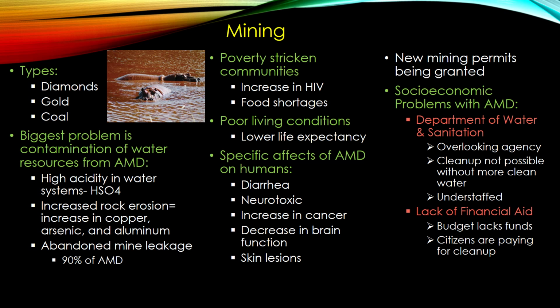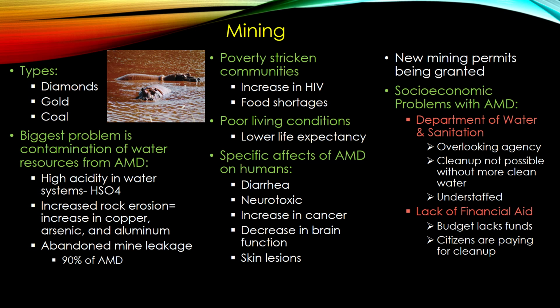For a while in South Africa, new mining permits were not being granted because they were trying to clean up the rivers and the systems and everything. But all of a sudden, new mining permits are happening. Now the mines are smaller, and there's an increased number of them. So therefore, there is a possibility of an increased amount of acid mine drainage from the running mines. But in a long-term effect, this increase in mines could also increase the amount of abandoned mines, which could then increase the amount of acid mine drainage later on down the road.